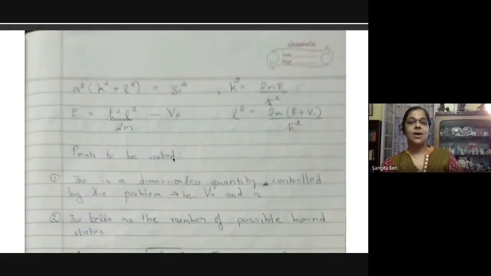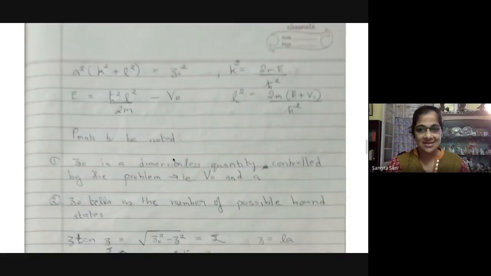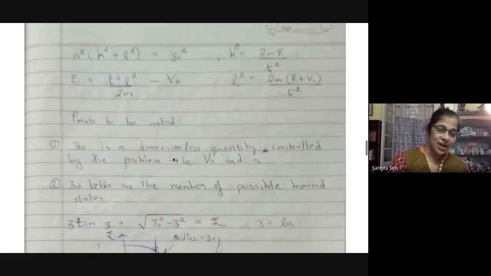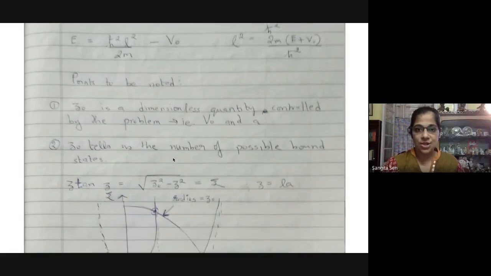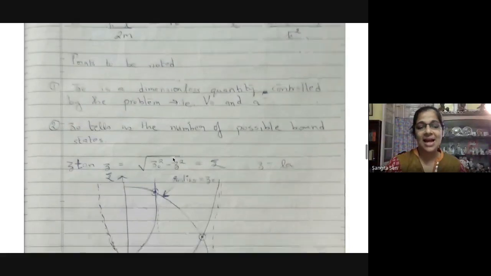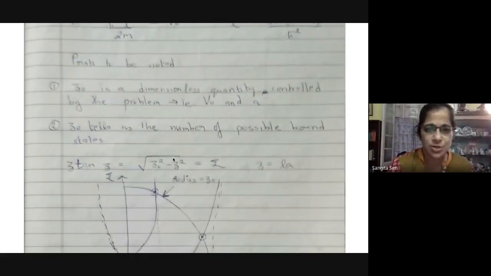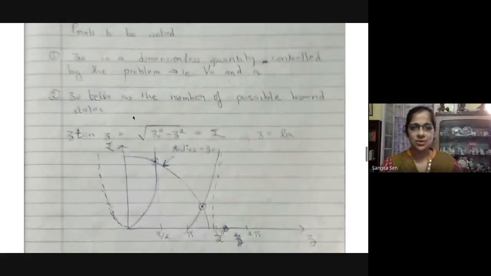Okay, so this is our goal somehow. But this is a complicated model already, and it's not so easy to do it by hand exactly for a general situation. So we will just do some analysis of what happens in some limiting cases. Okay. So the points to be noted here are that Z0 is a dimensionless quantity and it is controlled by